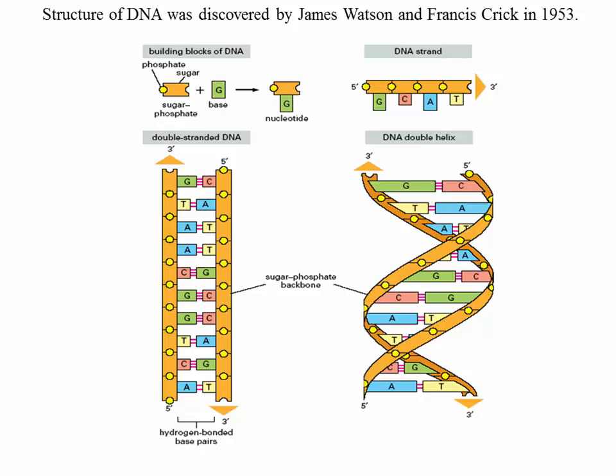So this was like a grand challenge, and they figured this structure out in 1953. But once they got the structure, the replication mechanism also became quite clear, because one strand has information that is complementary to the other one. So for replication to happen, you can take the two strands apart. Each strand can serve as a template for the other strand, and that's how DNA can be replicated. And we'll discuss that in detail.